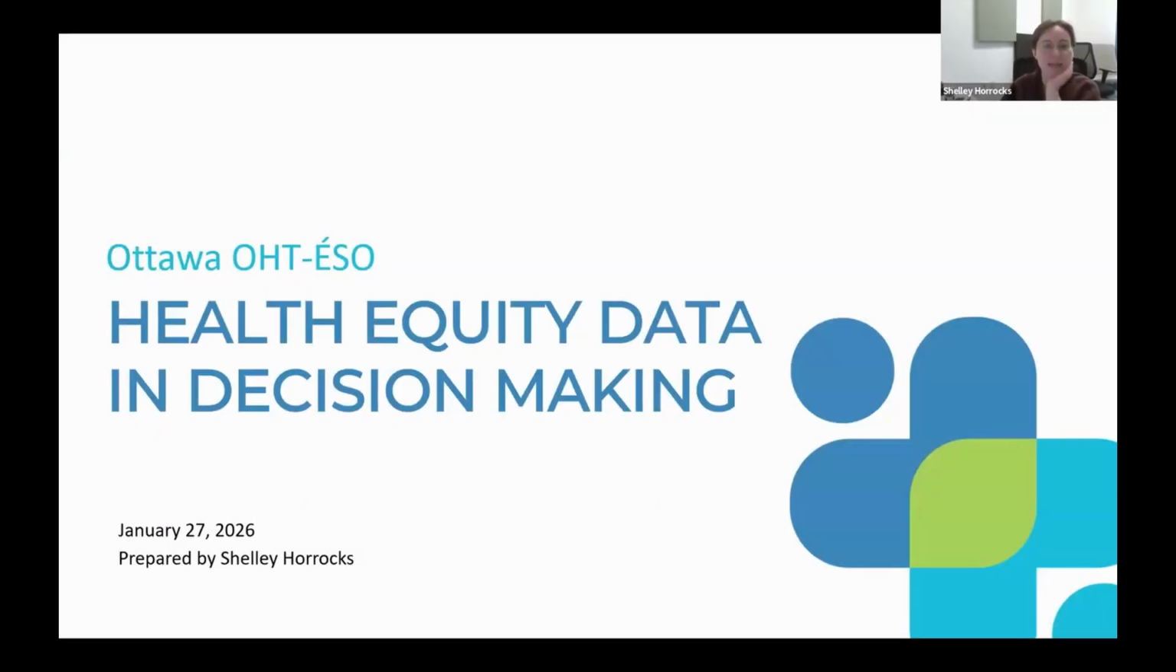All right, so as Walter said, I'm going to be talking a little bit about how we use health equity data in our decision making. All of this other stuff that we've talked about already has been really helpful for our OHT in understanding that while we perform relatively well as an average when it comes to things like cancer screening and other indicators, we also have very high inequality between our most socioeconomically vulnerable and privileged neighborhoods within our OHT. So there's lots of work to do